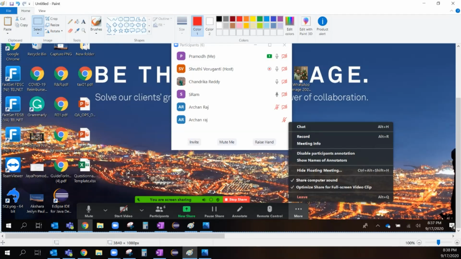Step 2. Then what happens if I click on it? Right now it is prompting me to ask permission from the host. Our prerequisite says you already have permission, so you should be able to record.